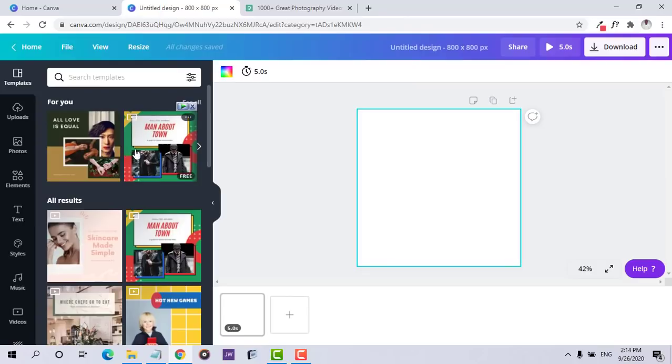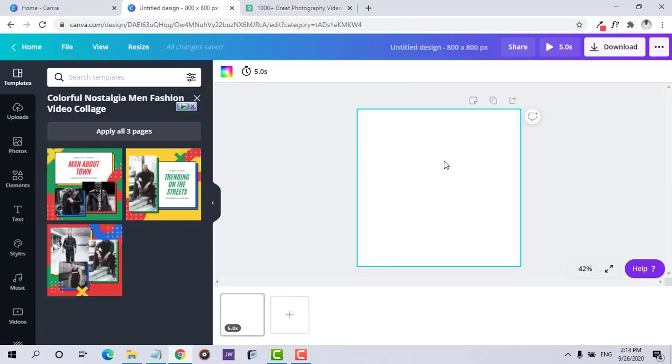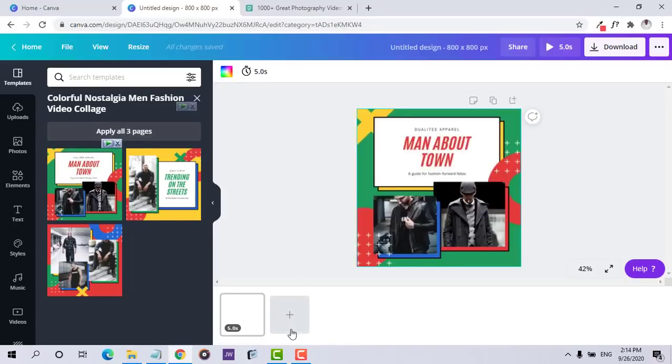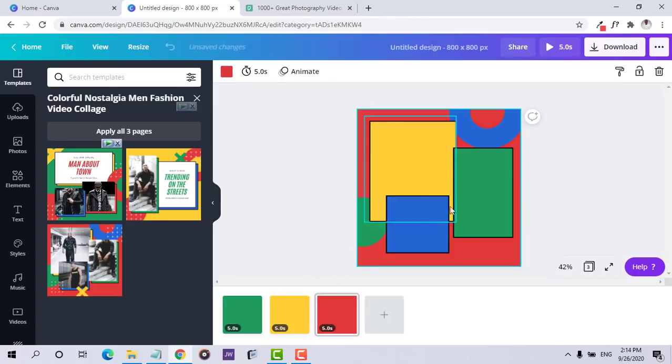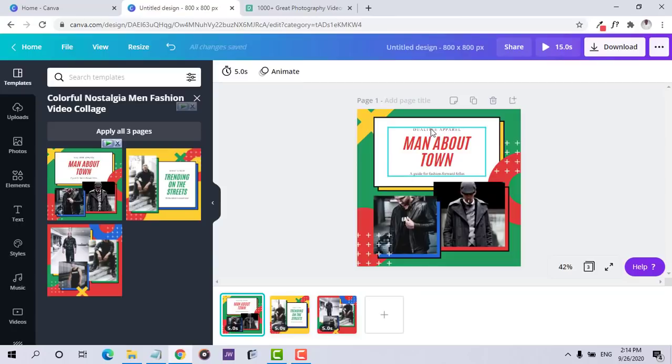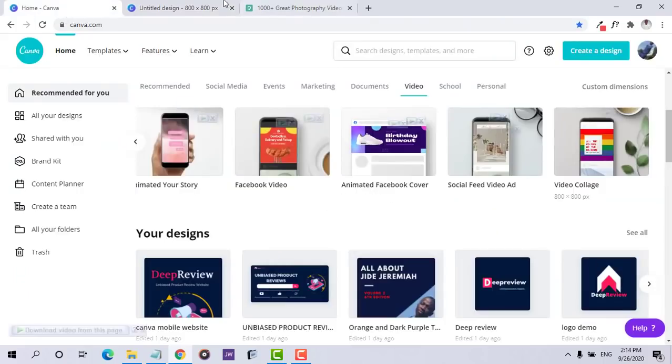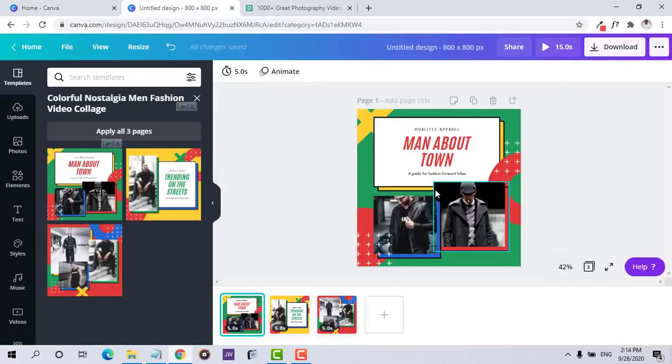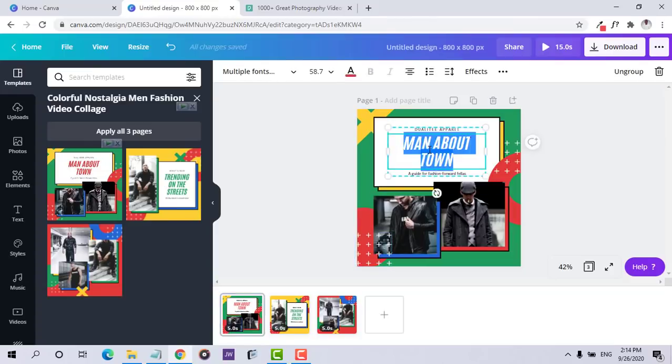All right, so this is, for example, a kind of design that has 3 pages among the templates. So when you say apply all pages, that means you wanted to use all the pages in your video. So for instance, this video is a collage, several videos on the side. So you can actually tweak this and we say ultimate